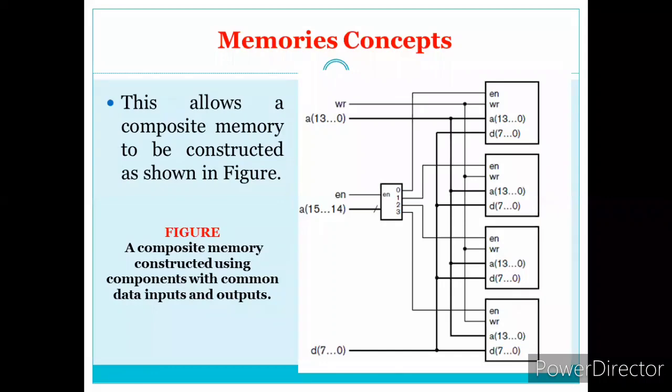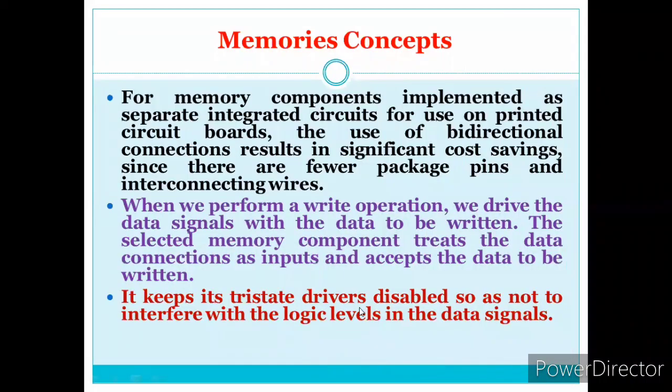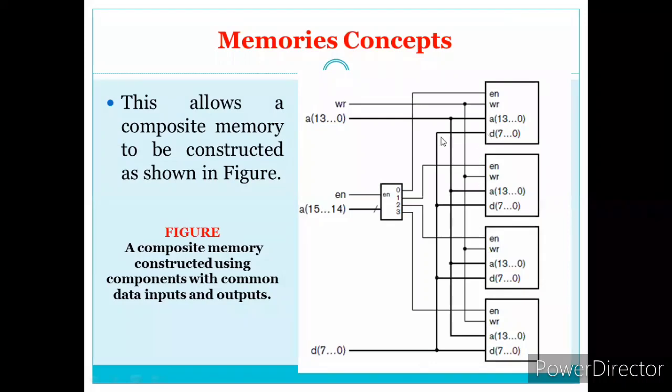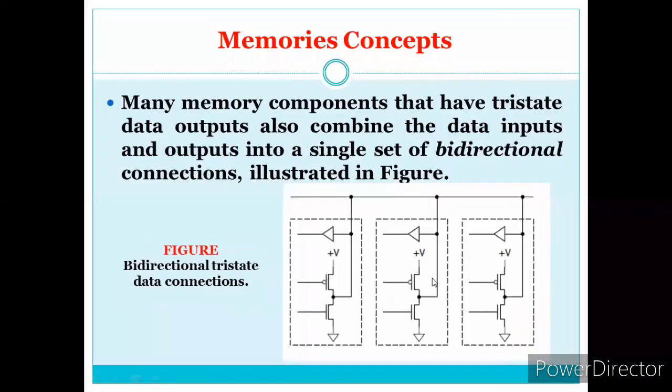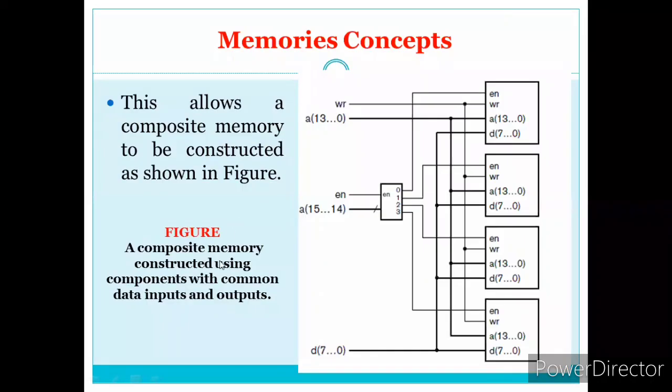What is happening here? These data inputs are all common. Why is it common? You can observe here, the output is connected to the tri-state buffer, which is acting like an input, and from wherever the input is coming, it goes to the output location. So data input and data outputs are common. The same data lines, which are thickened here, are connected as a bidirectional data bus, which acts like an input or an output depending upon the operation we are selecting at the memory location.